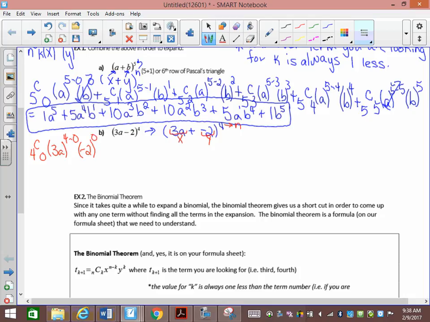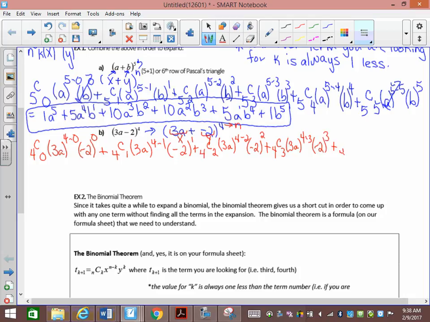Then plus, the only thing that's going to change on the next one is all these zeros are going to become 1s, right? 4C1, 3a to the 4 minus 1, negative 2 to the 1, plus, now all the 1s are going to become 2s, 4C2, 3a to the 4 minus 2, negative 2 to the 2. Now the 2s are going to become 3s, 4C3, 3a to the 4 minus 3, negative 2 to the 3,